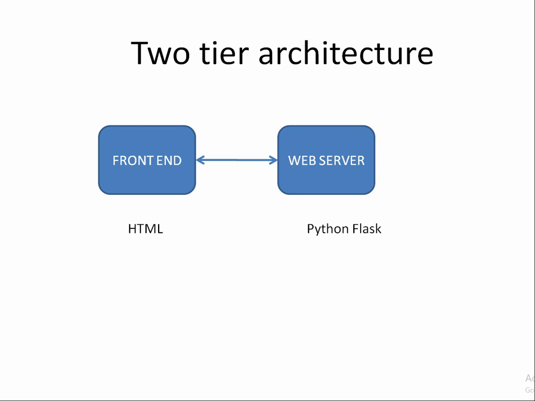In the previous lecture, I told you that for a complete application to run in the web browser, it should have a front end as well as a back end. Now in this video lecture, we are going to see only the two-tier architecture, that is, how the web server is communicating with the front end. Similarly, whatever content is received in the front end is rendered back to the front end using this web server. Since it is bidirectional, we will see how it is rendering as well as how the information is passing from the web server to the front end.